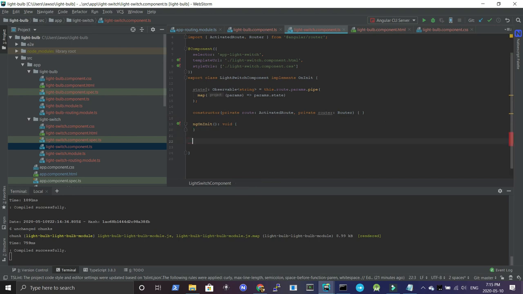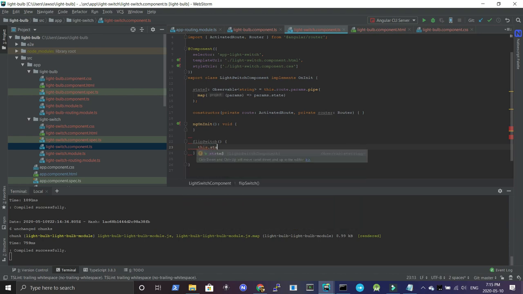And I'm going to define a function that'll be called flip switch, which is going to have to look at the state and then set the state to the opposite state. So since the state is an observable, we're going to have to define an observable pipeline. I'm going to subscribe to it. We only want to take one because we only want to get the current state whenever you click the button. We don't want this to keep firing every time the state changes. You only want it to fire when the button is clicked. So I'm going to take one,